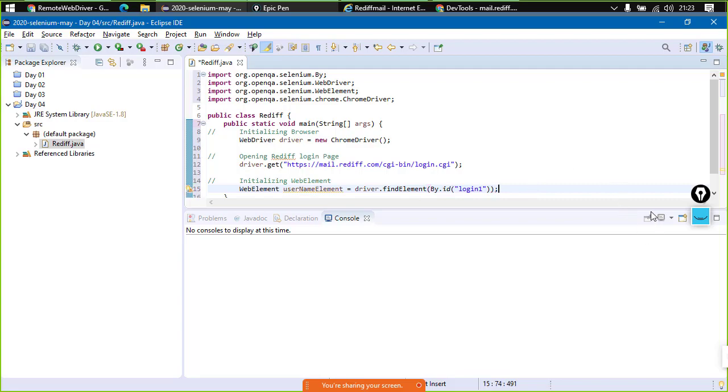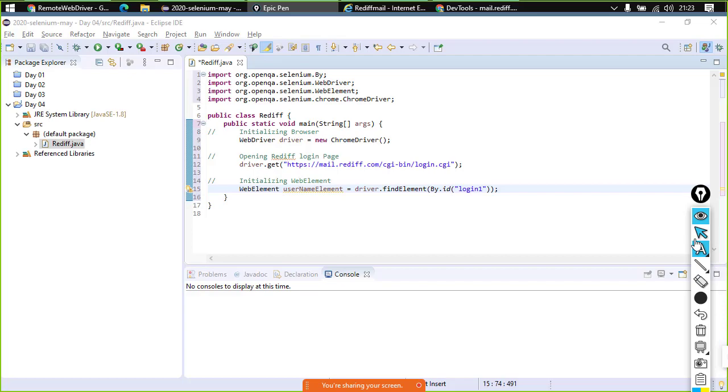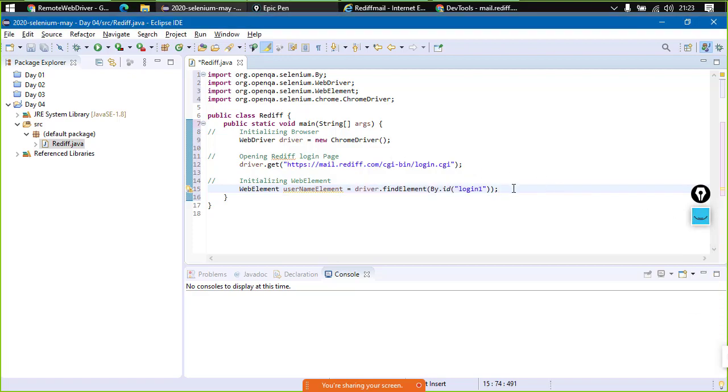Now what this line is doing is we are initializing the WebElement interface here, and the next thing we're doing is allocating it something from the driver.findElement method. This means that we have got access to the element. Now we can perform actions with it.